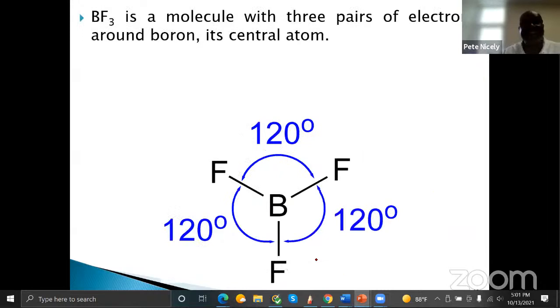Now, in the case of a molecule like boron trifluoride, this is the Lewis structure here. And what you'll find is that the most stable arrangement is where the bond angles here would be 120 degrees, right around, all right? So you have three pairs of electrons here. They're repelling each other so as to be as far apart from each other as possible. And therefore, that's the best arrangement. So the shape of this molecule is said to be,